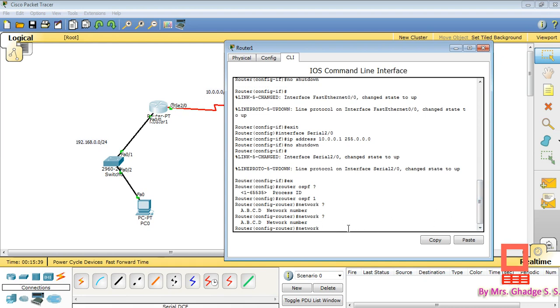Okay, so here you can see the next option is network number A.B.C.D. This is the format. For router 1 there are two directly connected networks. The first network is 192.168.0.0. The second network is 10.0.0.0. So we just have to write the network. First we are going to write the network